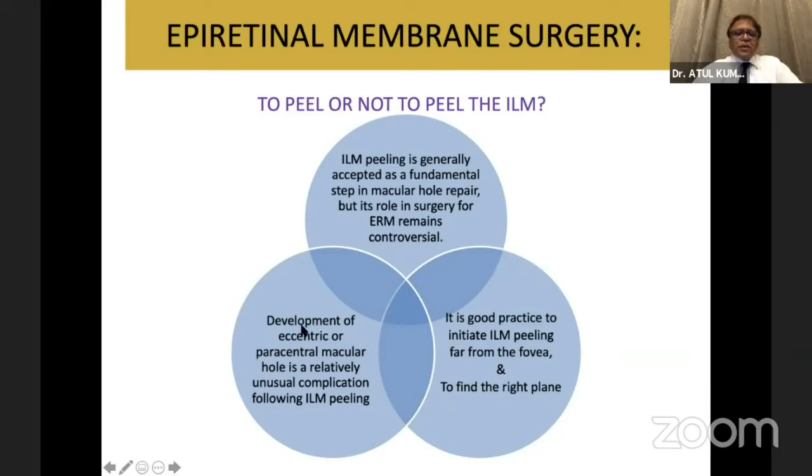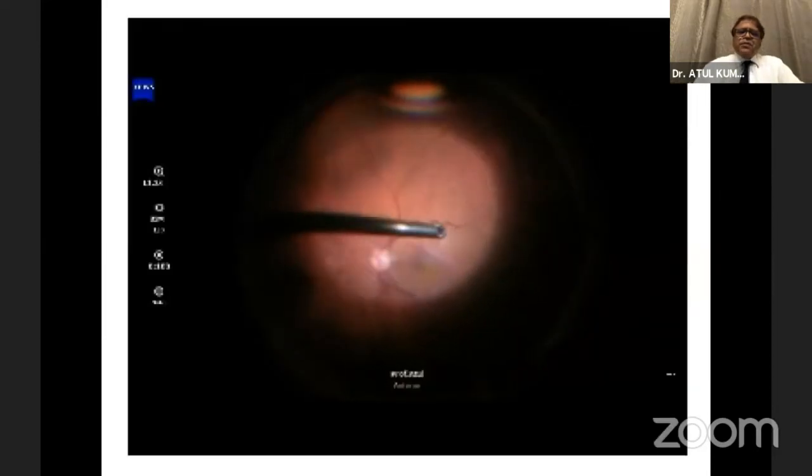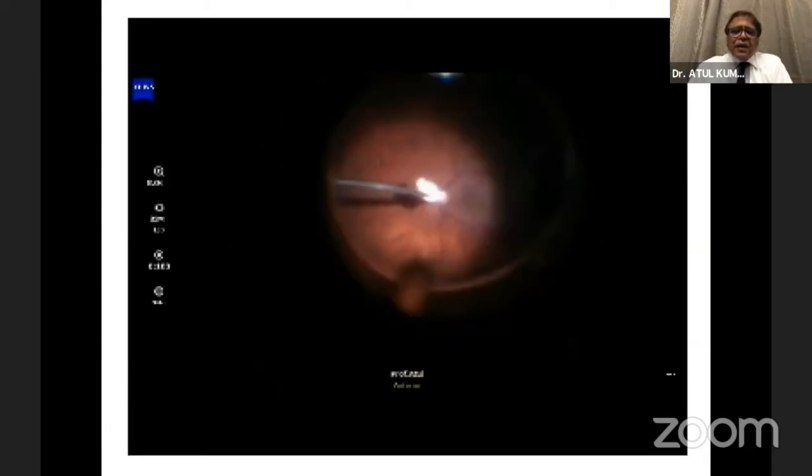Sometimes they develop a pseudo hole because the traction is so severe they develop a hole. I just saw one patient yesterday. He developed a pseudo hole in the center because there was a thick ERM on the OCT, which actually tore the retina in the center. So he was very symptomatic. He said, "I'm missing letters and I'm seeing distortion on the grid, Amsler grid." So once you see this kind of a picture, then of course one should consider surgery. Till then, I think one should hold their hand, consider conservative management and just follow up the patient regularly with the OCT. So this is a patient who had a symptomatic epiretinal membrane.